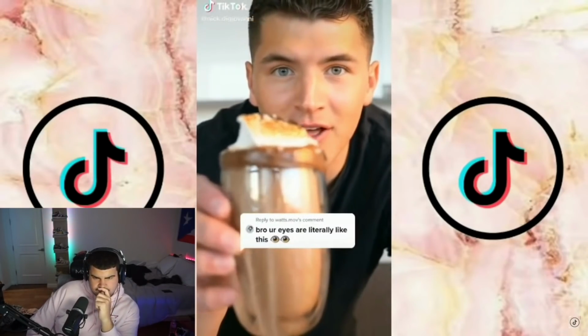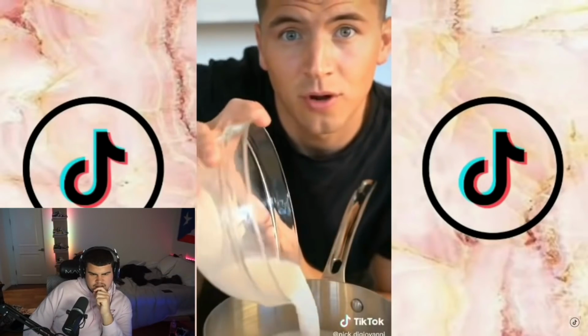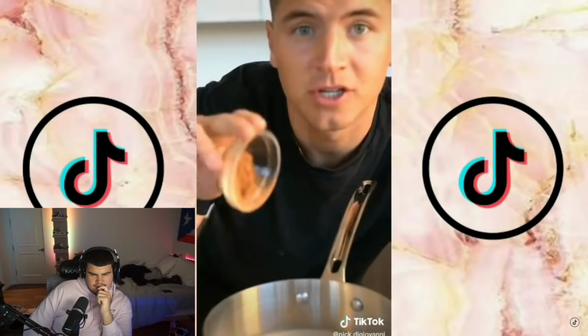Let's make Nutella Hot Chocolate. Combine about 2 cups of milk, a nice big spoonful of Nutella, a pinch of unsweetened cocoa powder,